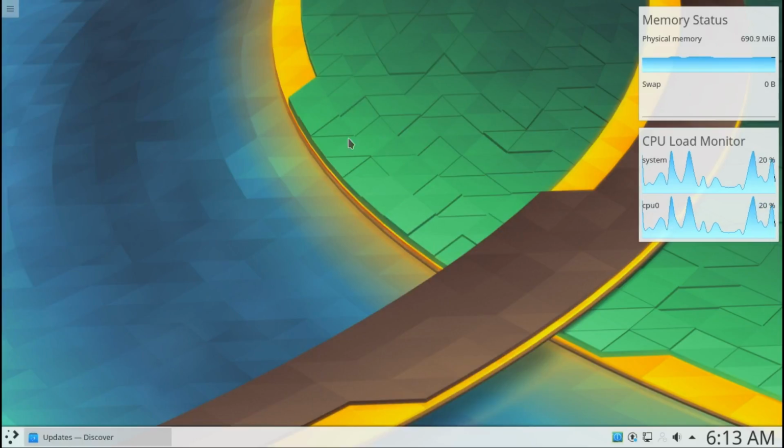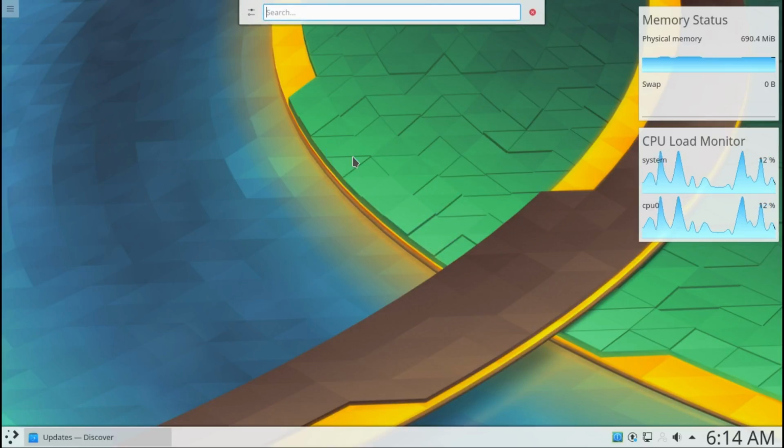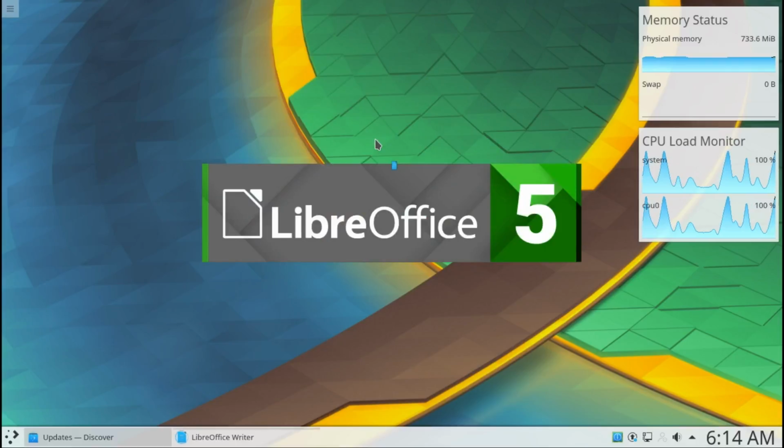So let's go to the right click on the desktop now, run command, then you can type in any app's name or anything. Let's type in LibreOffice Writer. It runs LibreOffice 5.3, the latest and the greatest, and is truly wonderful,